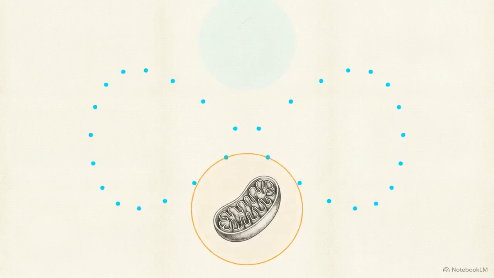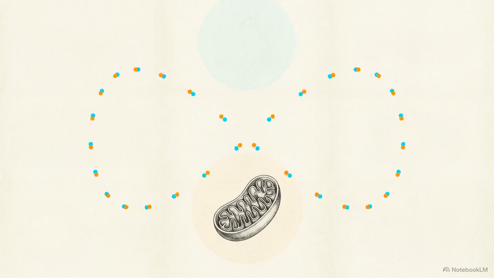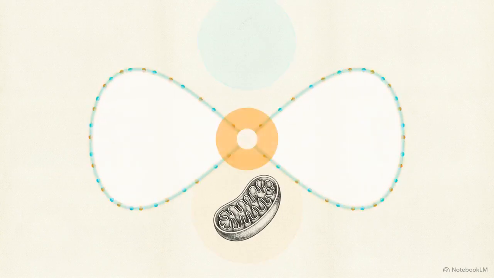The sequence of DNA encodes the enzymes of metabolism, and the metabolic network generates the carbon intermediates that regulate the expression of that DNA. These two systems form a feedback loop of form